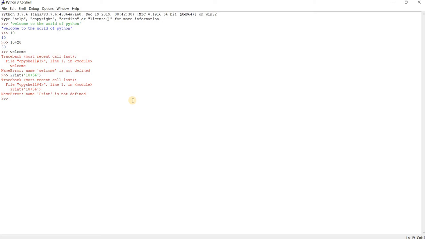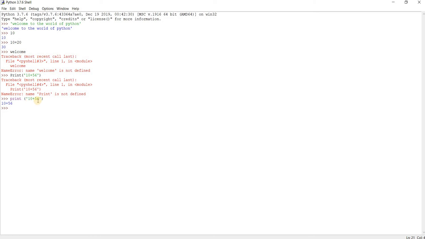Why? Because I wrote P capital. If I write the same thing in small letters, print, I'll open the round bracket, single quote, 10 plus 56, close it with a single quote and press enter. It is showing me the message that I've written in the parenthesis of the print command. So that is the use of the print command.